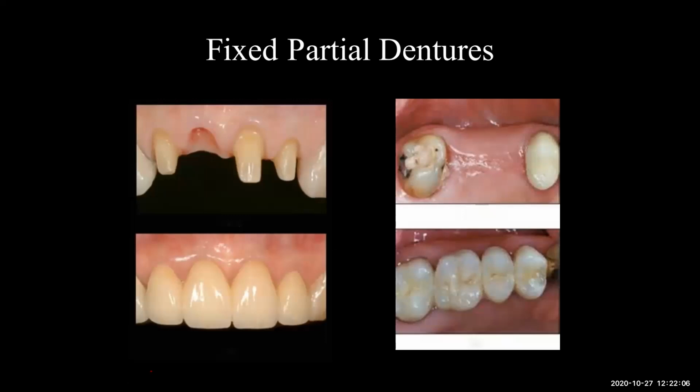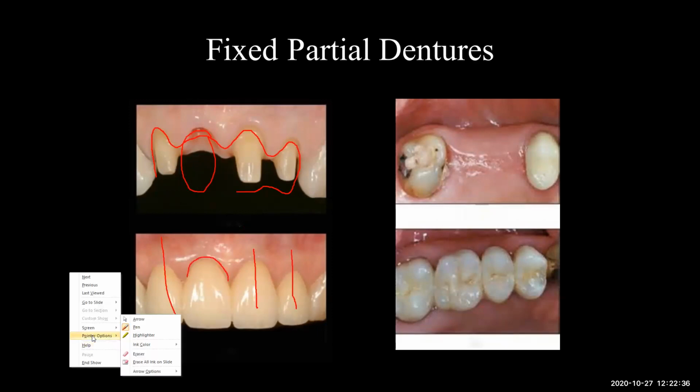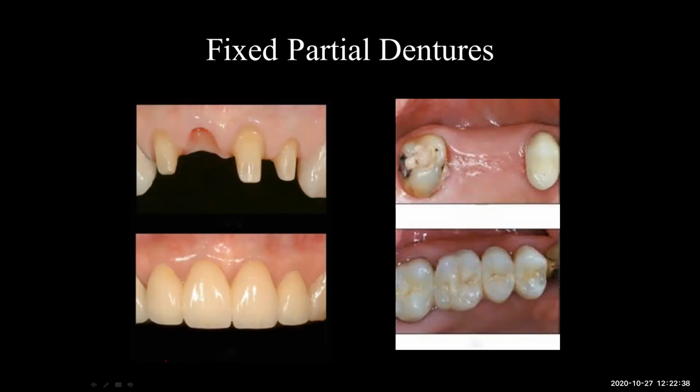So a fixed partial denture, you have crowns that are fused to pontics, and the pontic is that false tooth. So they're missing the tooth here. So this is a crown, and then you've got your false tooth, a crown, and they're all fused together. So this is a natural tooth, this is a natural tooth, and this is a natural tooth. This is the pontic. So what the patient has to do is be taught how to clean, because they can't